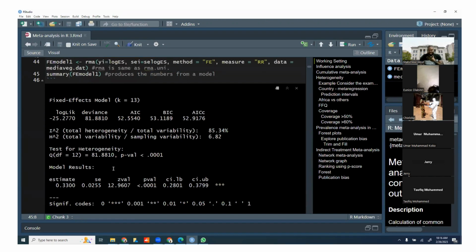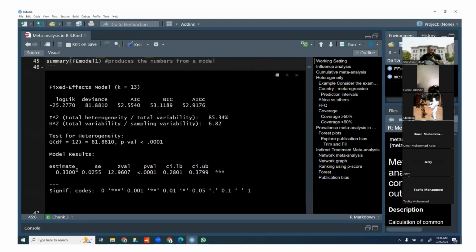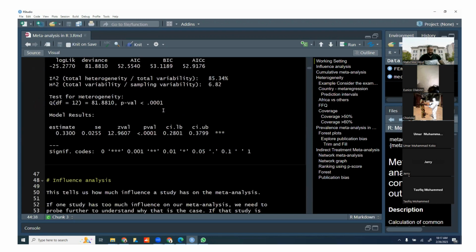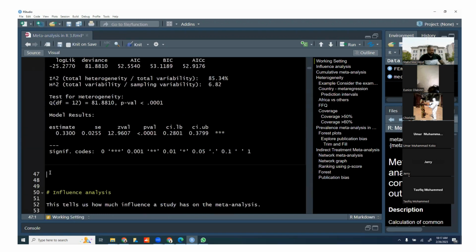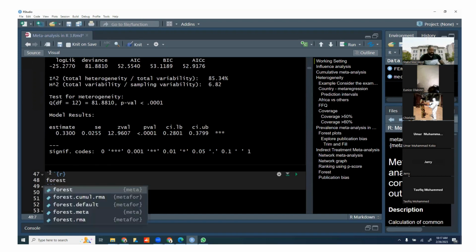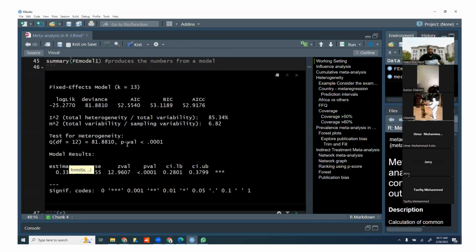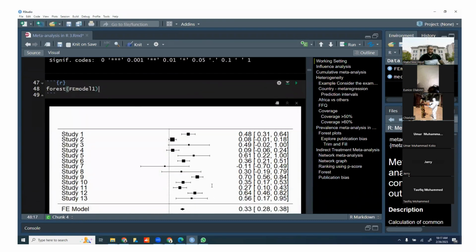So the thing is that it might be a little challenging to explain this estimate because what we're looking at is the log transformed version of the result. So we have to exponentiate. That's one of the things that the forest plot will do for us. So if we run the forest plot, let me do that. This forest statement will already have factored in the exponentiation. So FE model 1, I think that's what it's called. Right? Yep. Okay. So if you run this now, you'll see that